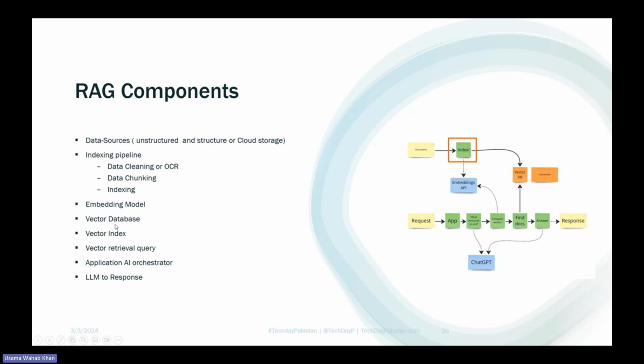And the place where the data is stored is called a vector database. The index they create is called a vector index. And the query that we run to return the results, we call a retrieval query. AI orchestrators are the tools that help us build this whole application. These are libraries like LangChain or Semantic Kernel that help us build this complex architecture in a much more organized way. And the response LLM does not need to be compatible with the embedding one, because we never send embeddings to these response LLMs, like ChatGPT-4, ChatGPT 3.5, Llama, or any other. They just receive plain text at the end of the day. So literally, they can be anything.